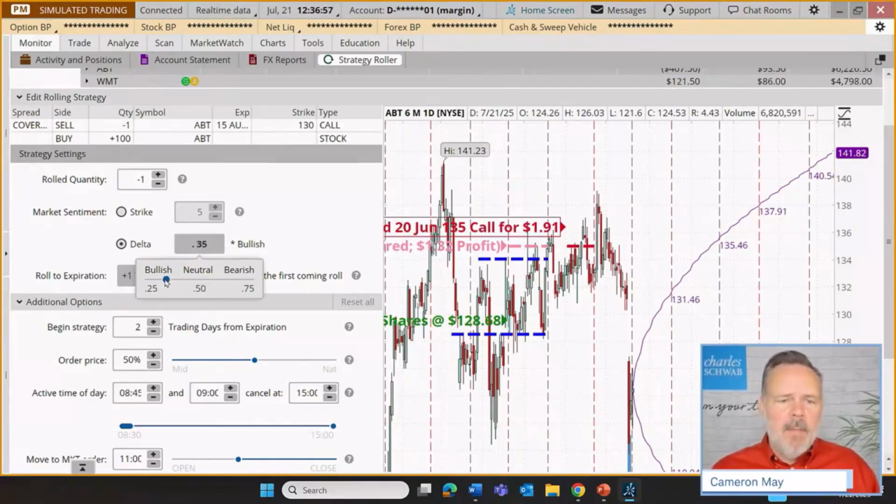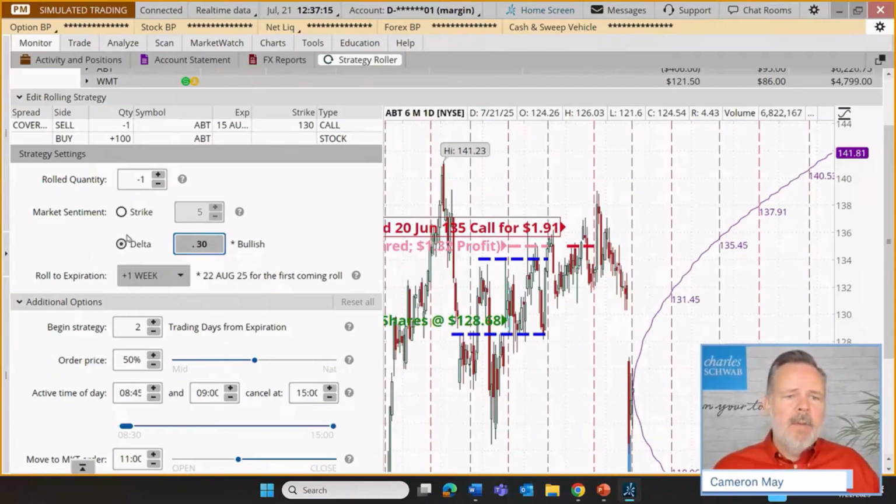Well, let's say that our trader, maybe they do prefer to go out of the money. Some traders might actually go in the money. That might be at a time when they really think the stock is likely to rally and they're trying to get a bigger premium, or maybe they just don't mind selling the stock. But in this case, let's push this out to 30. Notice it's an either or, because trying to select a certain number of strikes out of the money and an explicit delta, those two coming together and working perfectly with one another, probably not very likely. Now, the next thing is to choose which expiration.